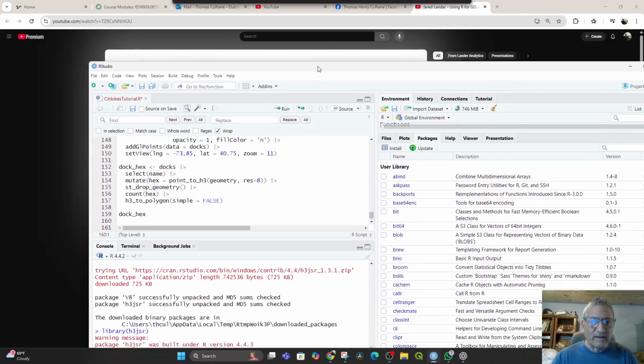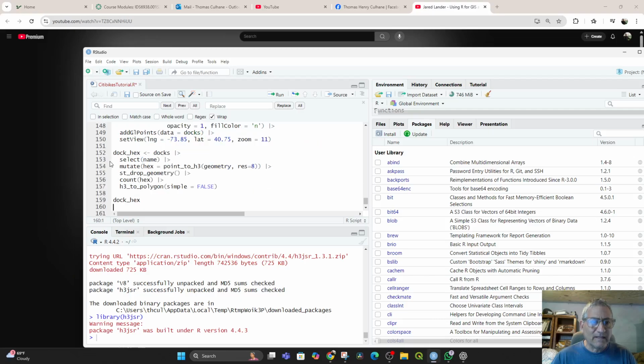It gives a printout. So let's try running this and hope that we get something. I'm going to save this